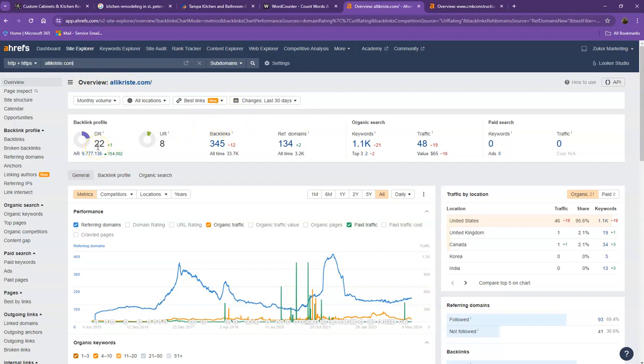This is the level of trust that Google has in your website, and UR is the strength of your website. Backlinks, on the other hand, are other websites that refer to your website. So they're like shoutouts from different directories like Yellow Pages, Yelp, and the like. And one important thing that I need to discuss about backlinks and referring domains is that this actually needs to